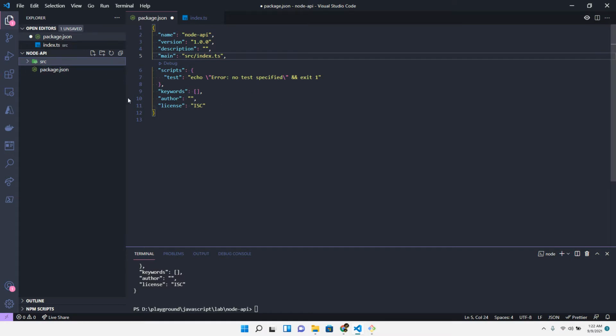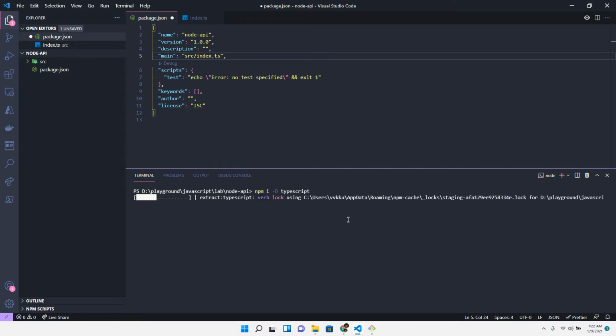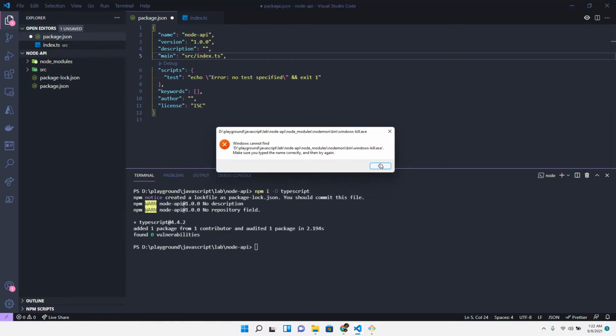All right, so let me first install dependencies step by step. There are so many dependencies. The important one is TypeScript, and we'll need to install it using the -D switch, since that will be a dev dependency. And once we install TypeScript,